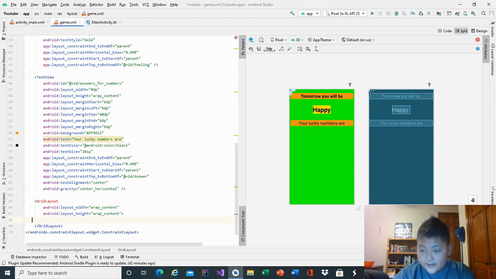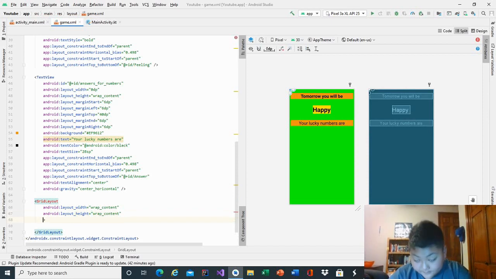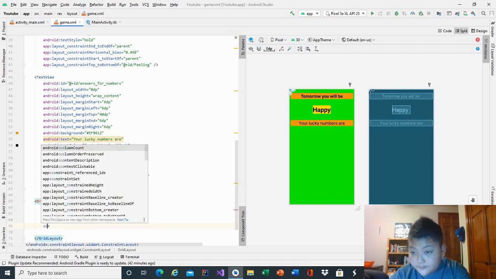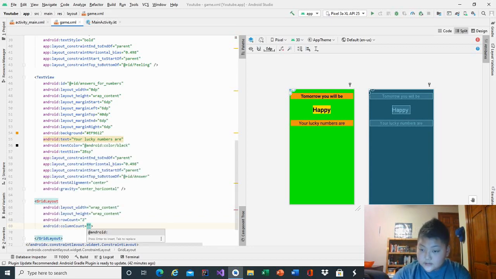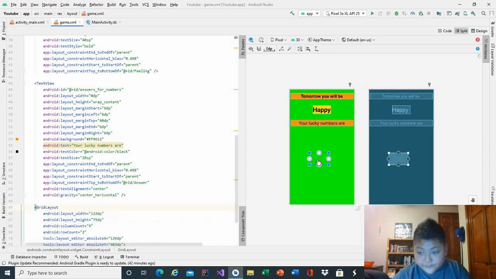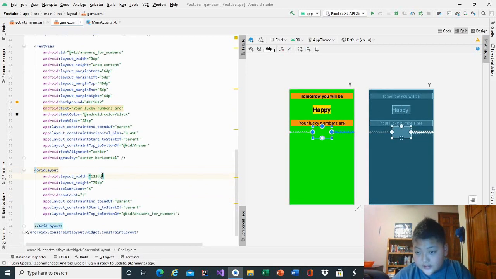So this grid layout is going to contain row count 2 and column count 5. We'll drag this grid layout under lucky numbers and connect it to both sides. Change the width back into wrap content,